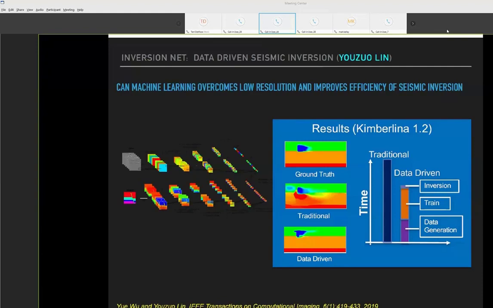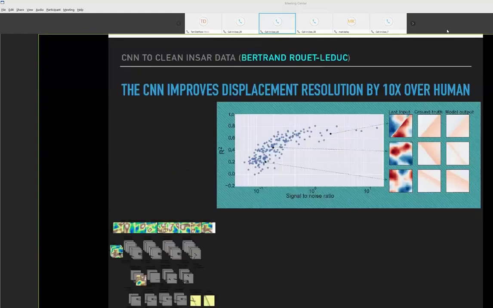So this is an example of how it works on a testing data set like Kimberlina. If you apply it to Earth, they've had significant success as well applying the trained model to Earth. Next, please.